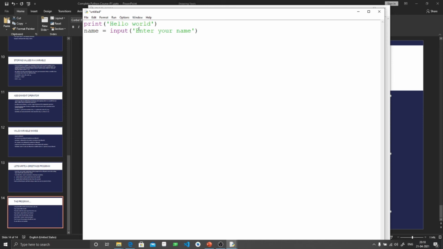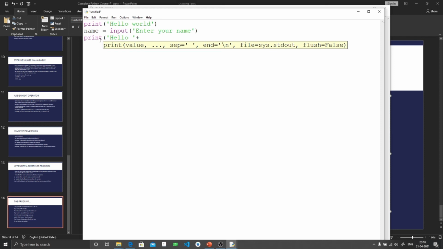After taking the input, what it is actually doing, as I told you before, is that the input is taken from the console and stored in the variable name. After that, we will just print that. Notice I am giving a space here so that it doesn't get squashed with that hello.